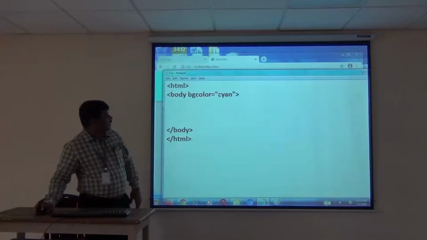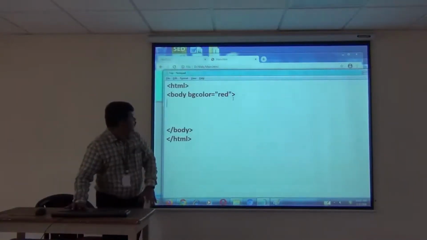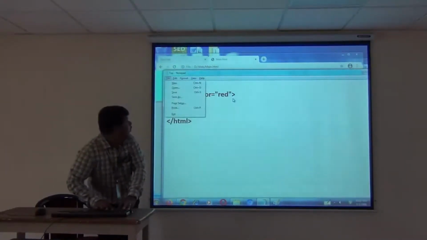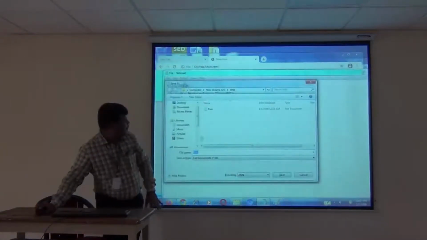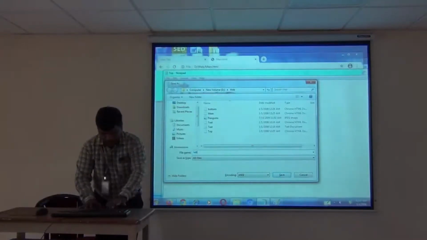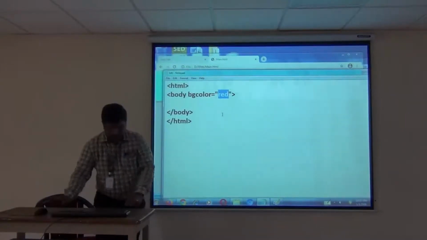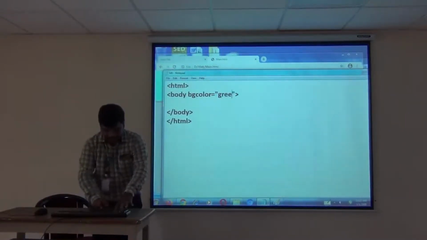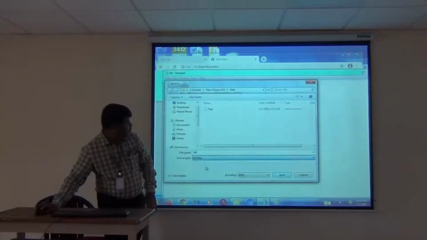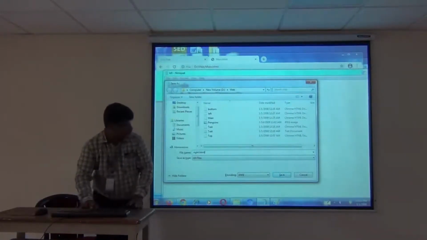So we can just change the color now. On the left side it will show red, in left.html. On the right side the color is green, in right.html.